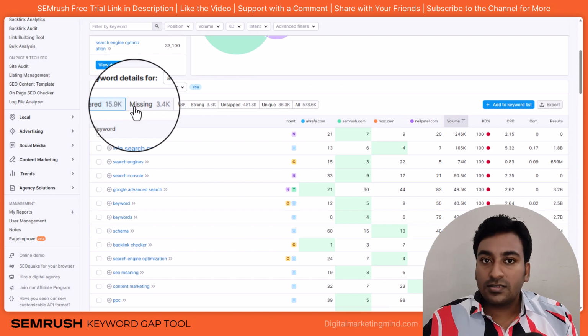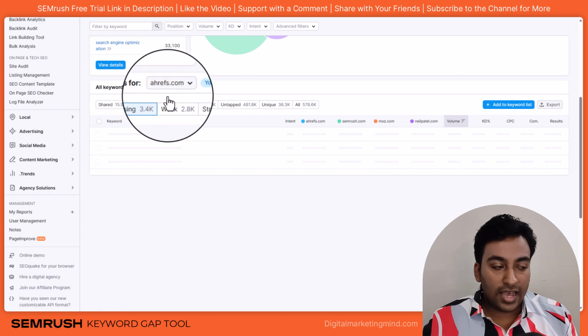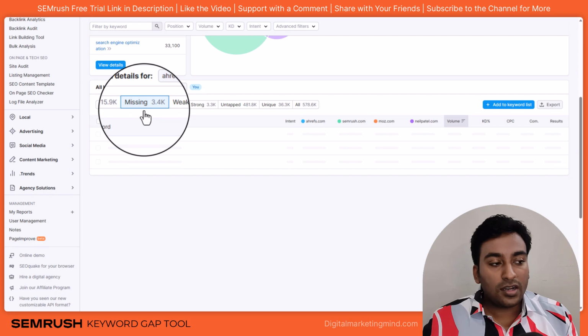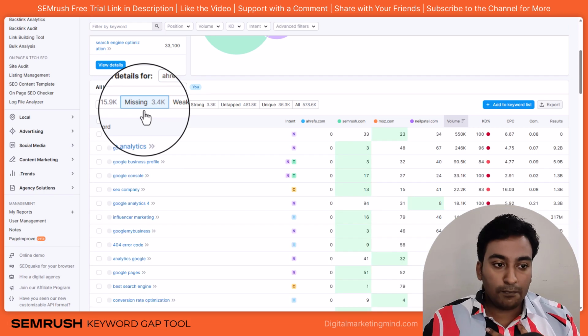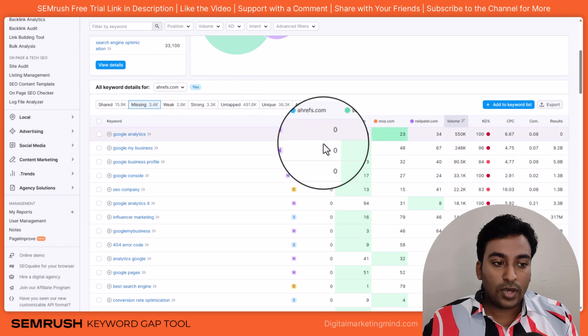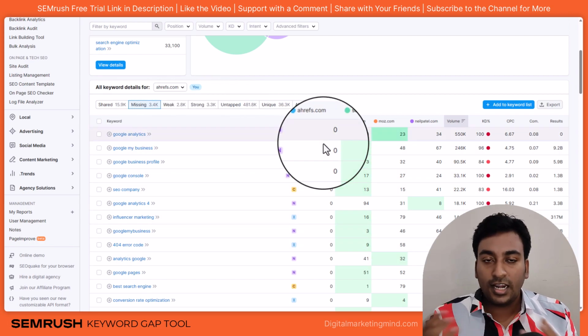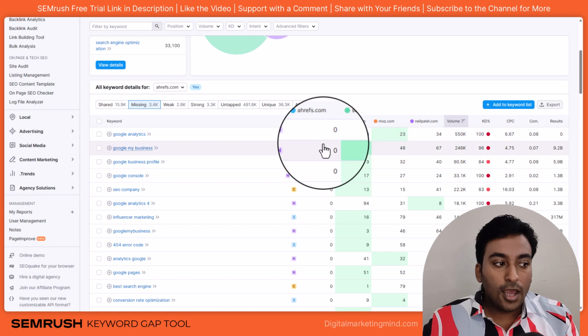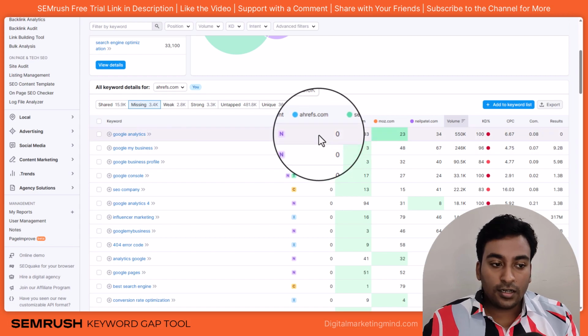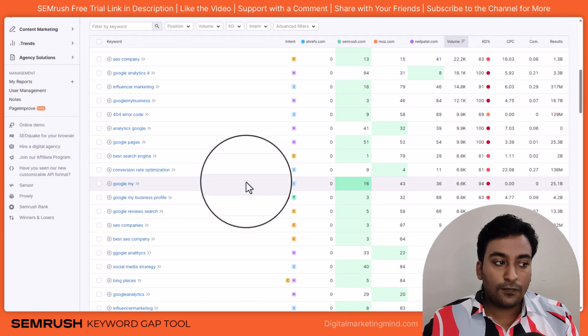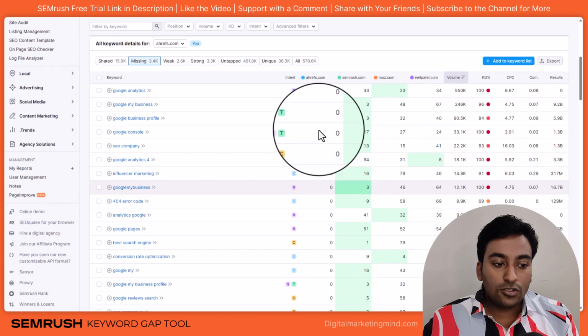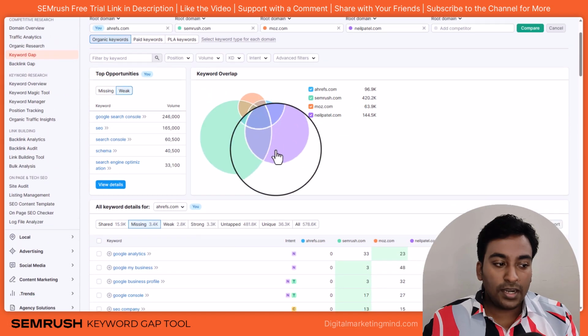Then we are seeing missing: as Ahrefs, whatever keywords I'm missing completely. You can see these keywords do not have any ranking. So if I'm creating blog content for Ahrefs, ideally I try to create content for this and optimize it for these keywords. So this is what missing shows.